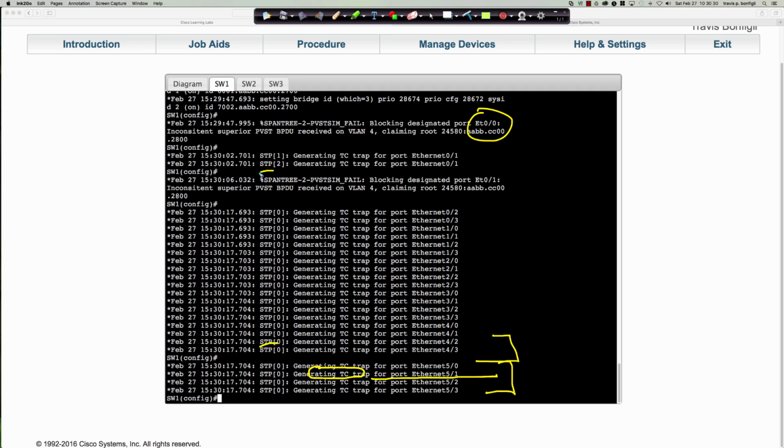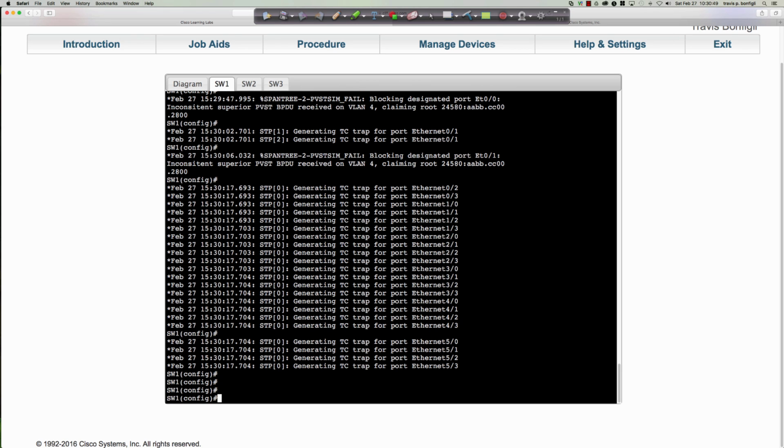And the reason that it's failing is because we have multiple spanning tree protocol configured on switch 1, but the other 2 switches are not running multiple spanning tree. So let's take a look,